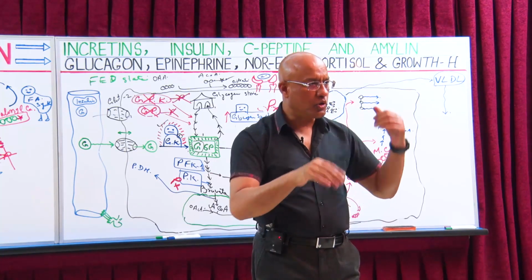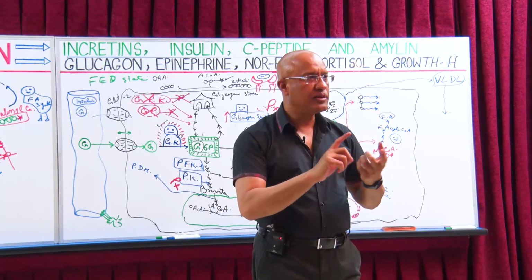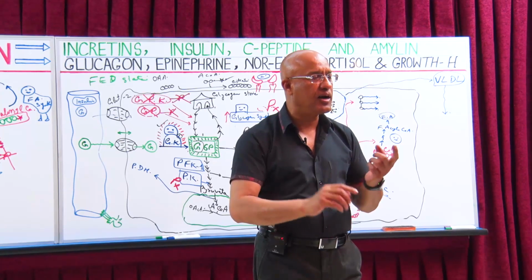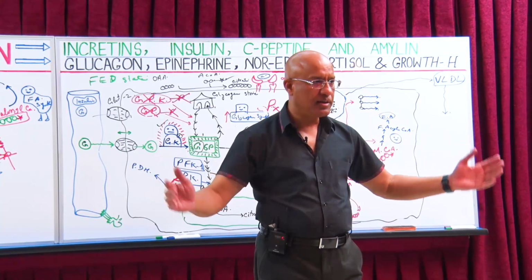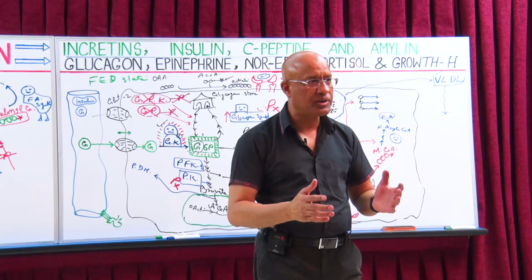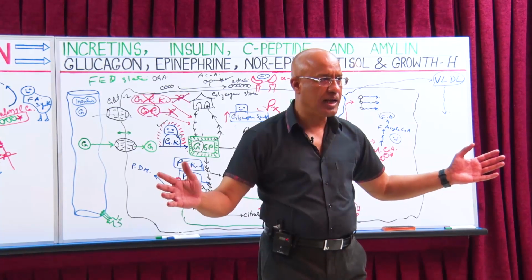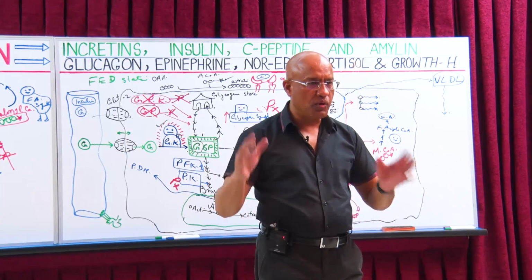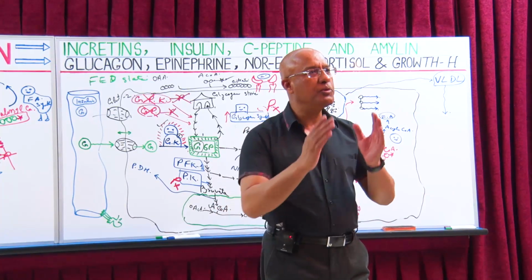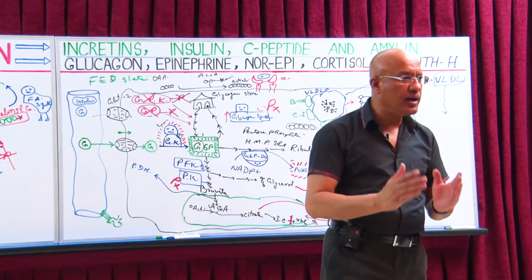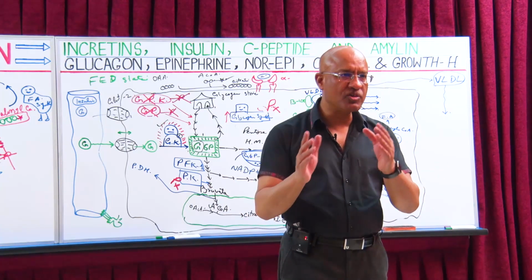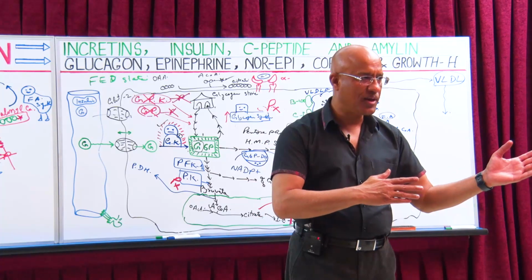And please go through this repeatedly, because this is not only the foundation for diabetes mellitus. As you know, diabetes mellitus is a bag of metabolic diseases. This is the foundation for all your biochemistry and metabolic pathways and intermediary pathways. How do they work? Once we have done this fed state, it will be very easy to learn the fasting state, because not all but most steps will be reversed.